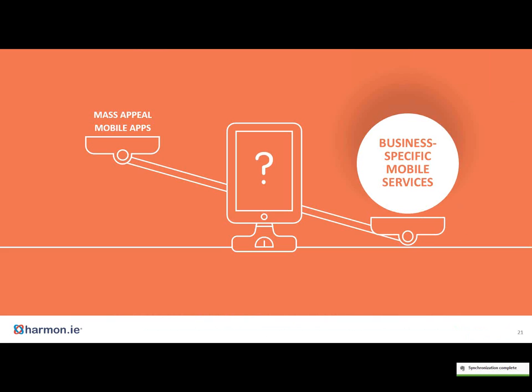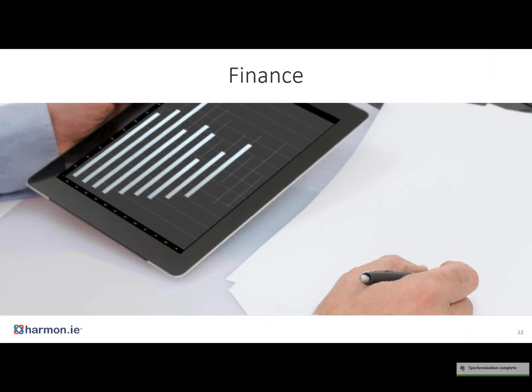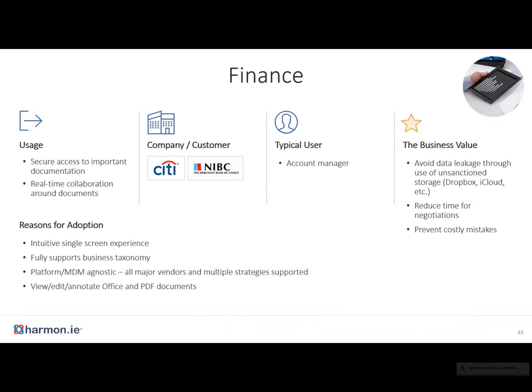So let's start with some of the business-specific mobile services. And we're going to look at two cases. The first one is from the world of finance, financial services. And the case here is very much around the idea of giving people like account managers, people in banks or other financial services companies, the ability to securely access important documentation on the go and to collaborate around those documents